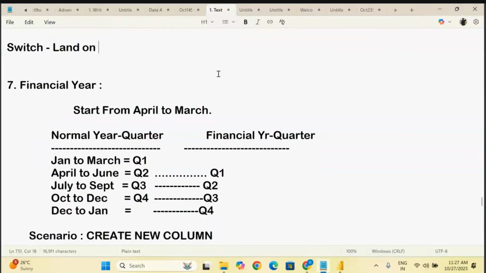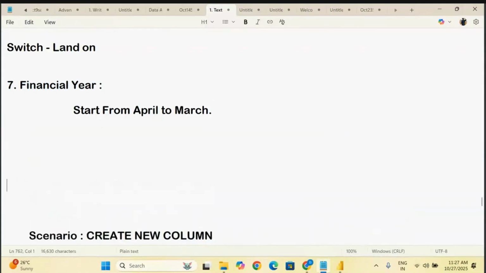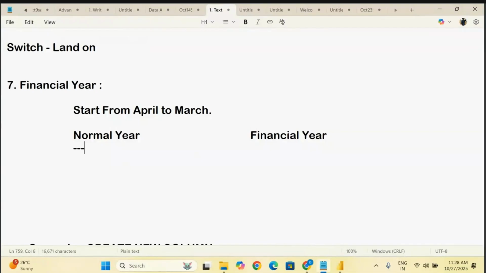So for example, in a real-time scenario, we want to go for the financial year. So what is the financial year? Financial year is going to start from April. You know already that. So what is the normal year? If people don't know, just understand this one. These are the two things that are there, normal year and financial year. So normal year, your year is going to start from January